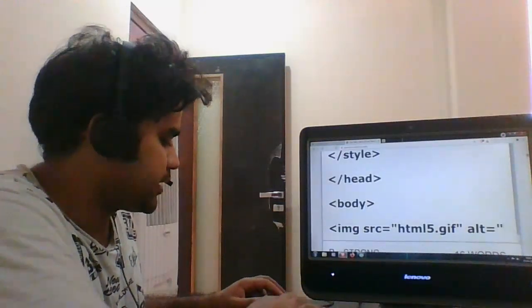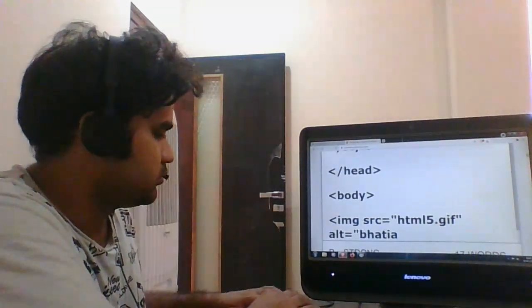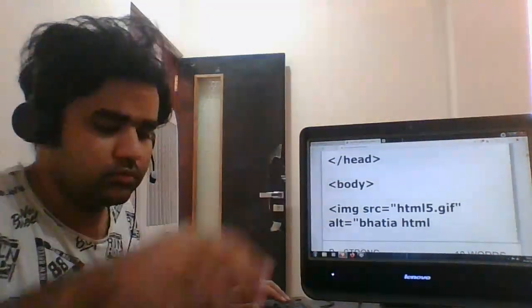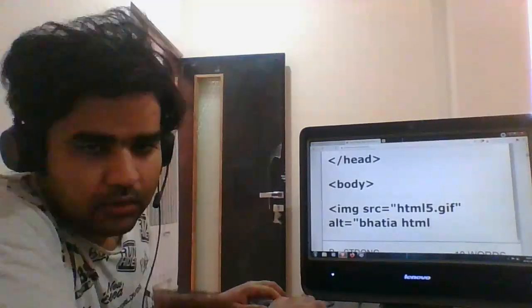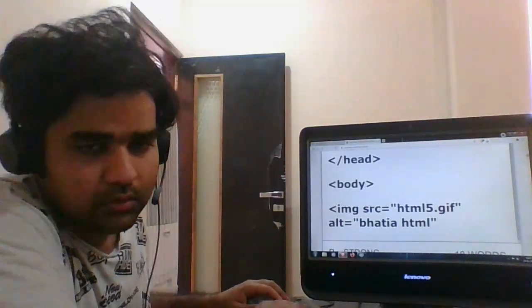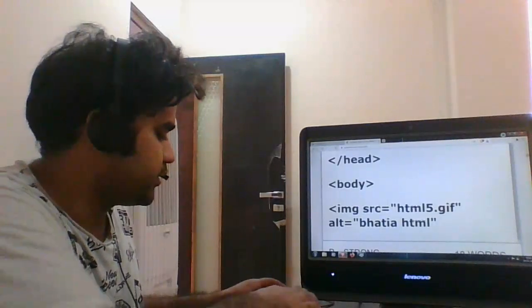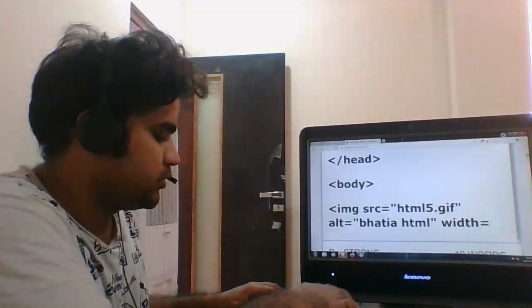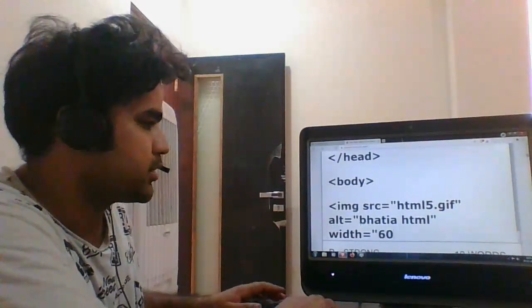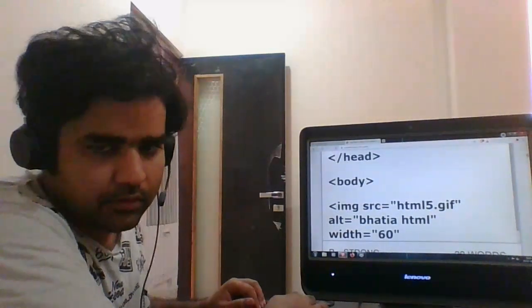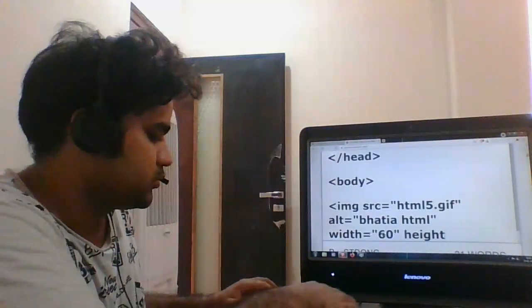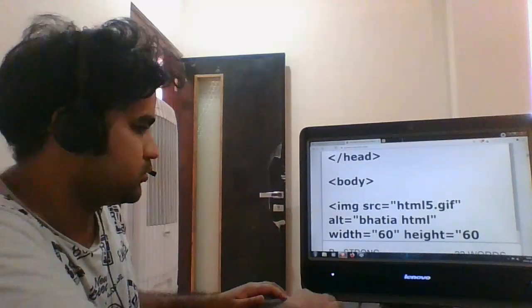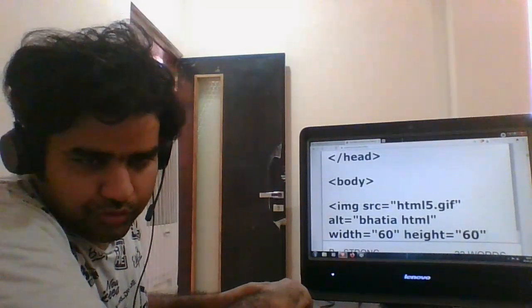And I'm just writing some text for it. That is done. Then define the width equal to, keeping it as 60, height 60, close the image,